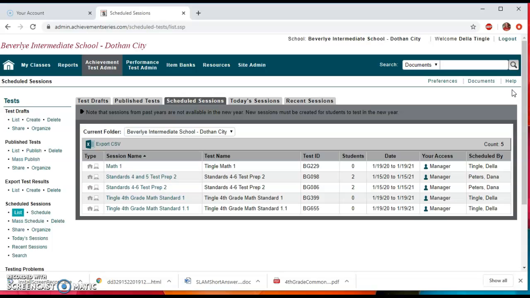With your students, when they go to achievementseries.com, you're going to give them a code. So here's the test, Tingle 4th grade math, standard 1, and here's the test ID. So the test ID that your students would put in to take this test is BG655. And they sign in and they take the test,